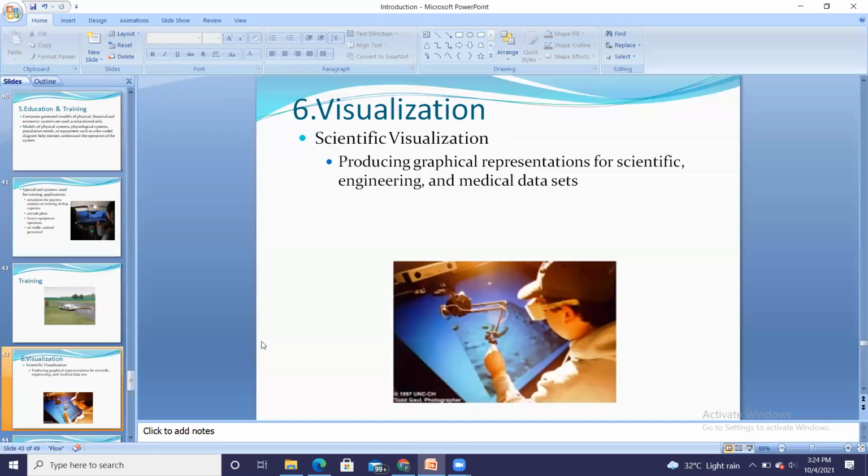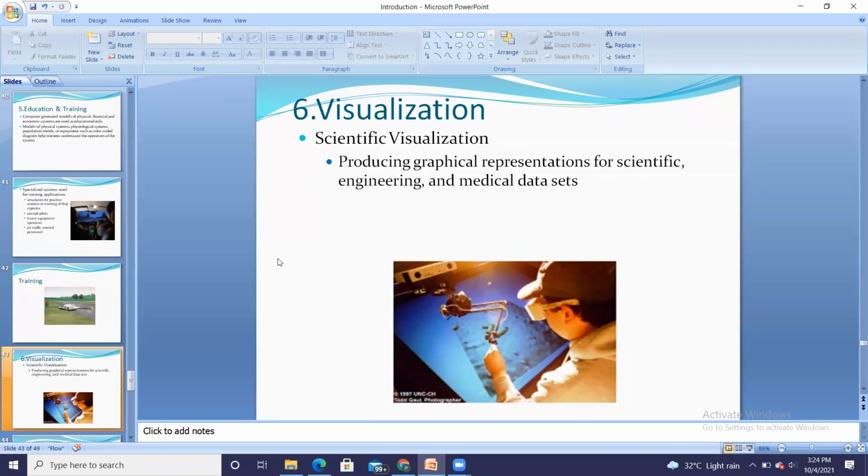Then the next is visualization. Like scientific visualization, for example, suppose Saturn and all those planets are moving, in how many days will they reach which position. Such scientific and mathematical calculations can be done through visualization.